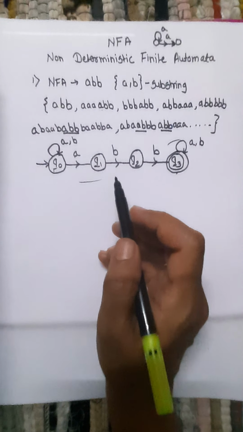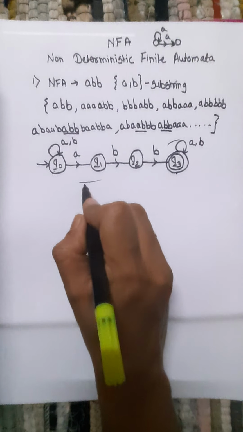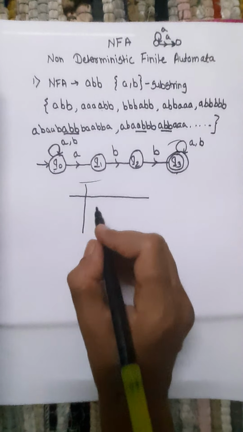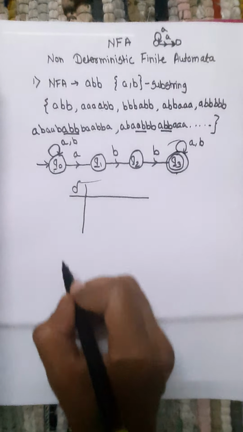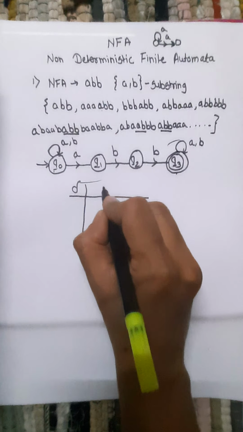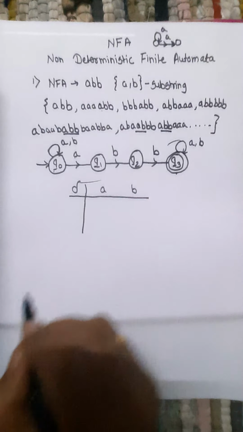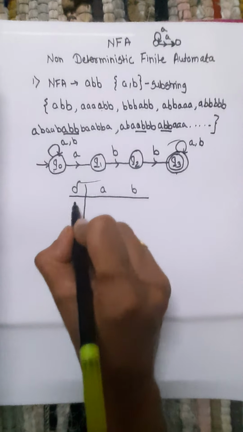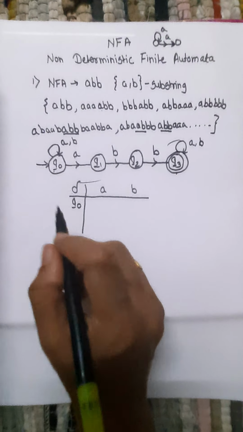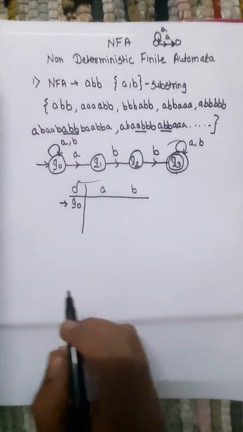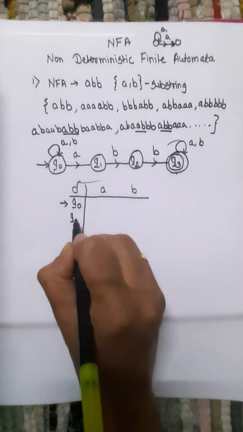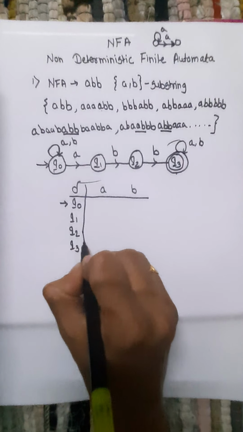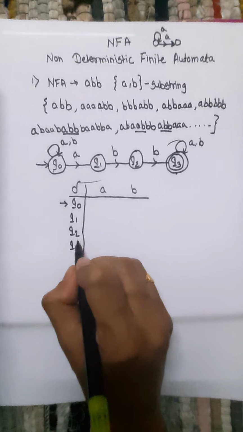Now don't forget to write the state transition table. So here we are drawing the state transition table. Here it is delta. Here you have to write input symbol. So I am writing here 2 input symbols are given, A and B. How many states are there? There are 4 states. So Q0, which is a starting state, so putting an arrow. Then here it is Q1, here it is Q2 and here it is Q3. As Q3 is a final state, so putting